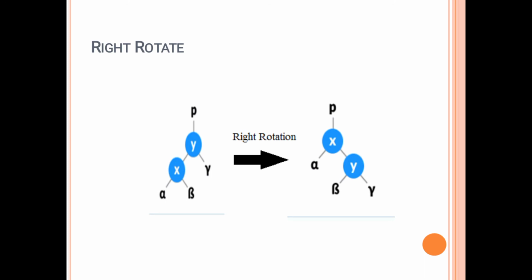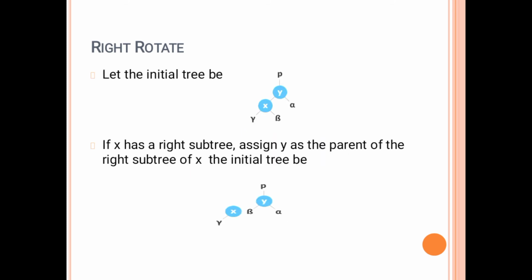Next we go to the right rotation. Here x is the node, and we go to the right. It means the arrangement of the node on the left is transferred to the right side. Here beta is connected, and we add this beta child to the left side of that node. Next we see the right rotation one by one.